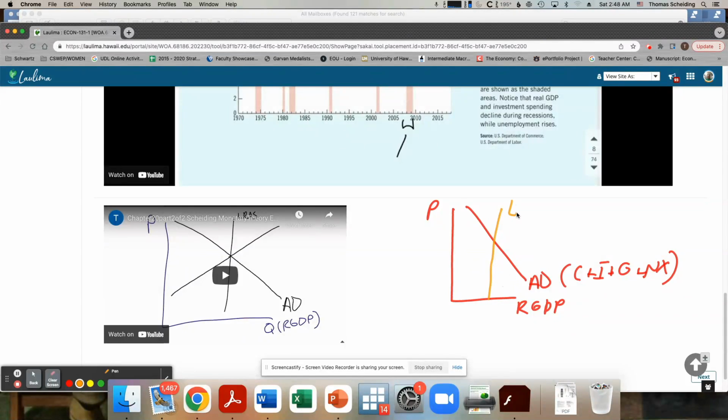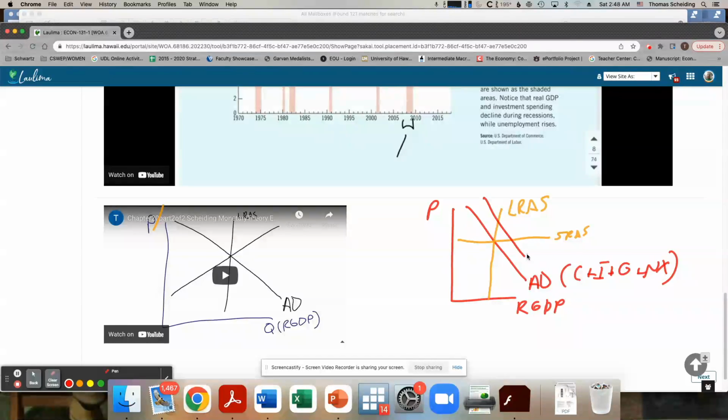And my long run aggregate supply curve is here. And my short run can either be upward sloping or completely horizontal, depending on how short run you really are talking here. But the idea here is that something could happen